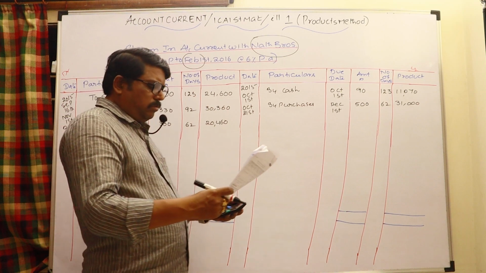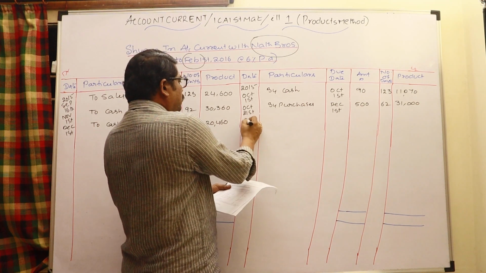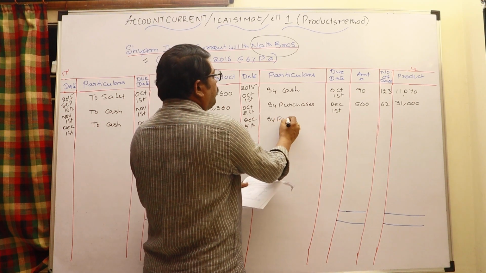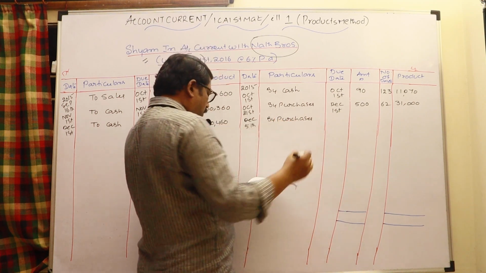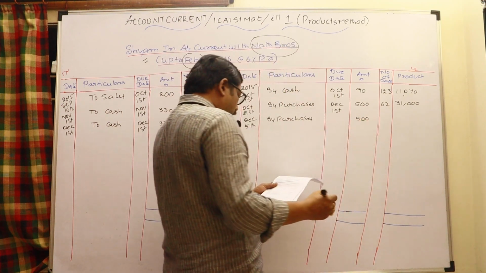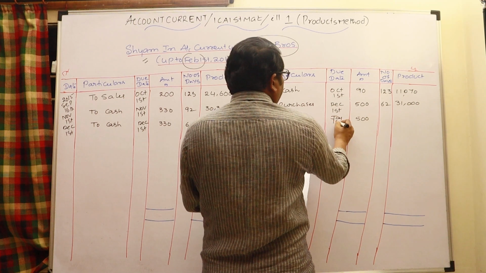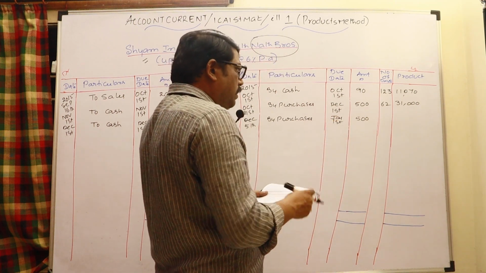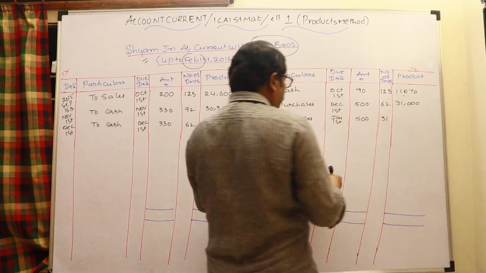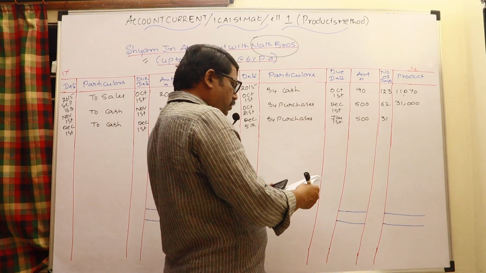20,460. Next, December 5th, goods purchased from Shyam. Shyam account returned to purchases, December 5th, by purchases 500. A separate due date is given for this: January 1st. Look at that, how many days are there? January has 30 days and February 1 is 31 days. So 500 into 31, and it would be 15,500.